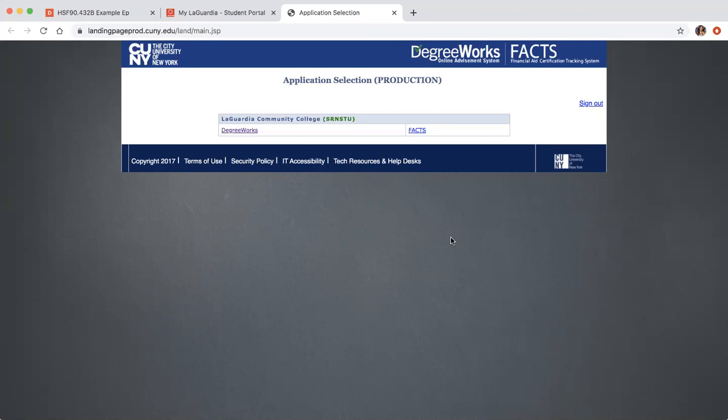If you attended another university or college, community college, any type of school before, it will pop up here. I only attended LaGuardia so far, so that's why only LaGuardia is here. You're gonna look for LaGuardia. It should say LaGuardia Community College at the top, and underneath it, DegreeWorks. So if you click on DegreeWorks,